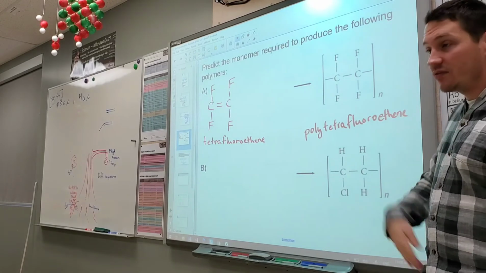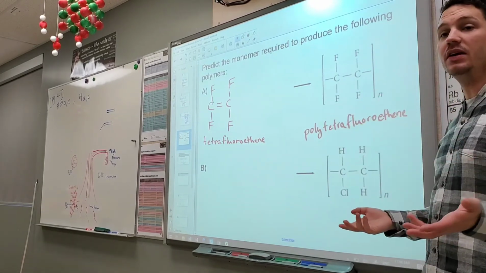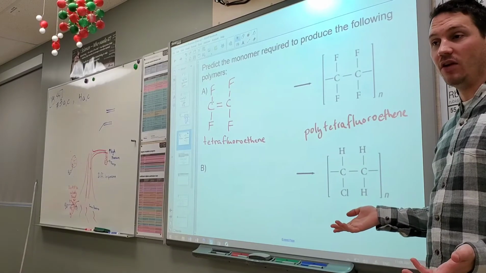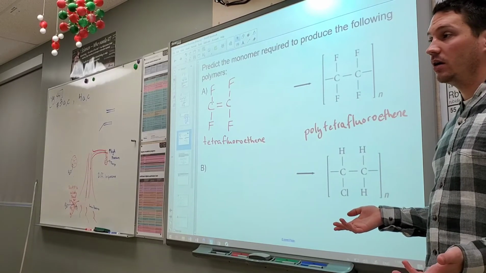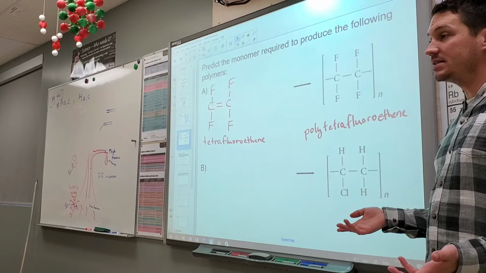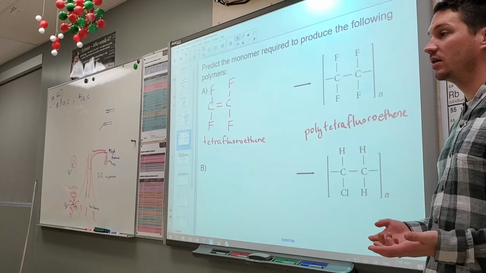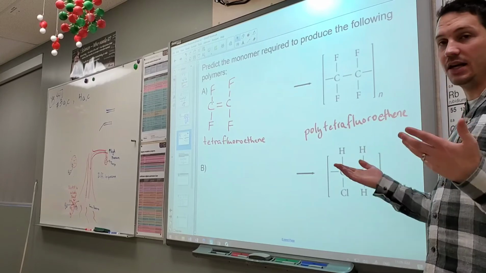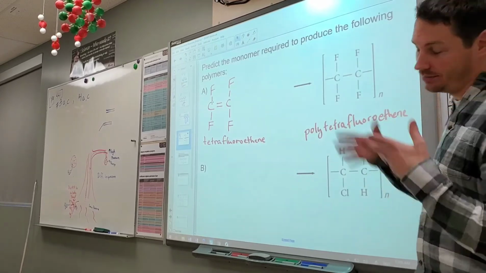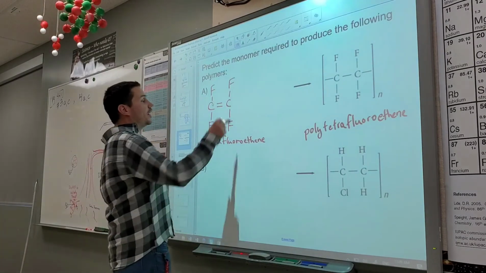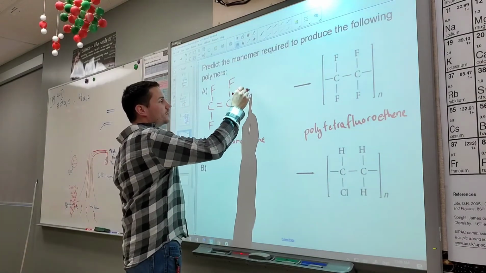And so if you ever see something on the bottom that has PTFE in it, this is Teflon. Has anybody ever heard of Teflon before? Yeah. This is the Teflon coating used in frying pans. This is the non-stick, relatively durable, kind of not really, but relatively durable. Okay, so